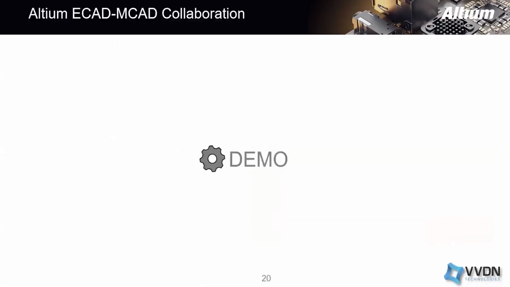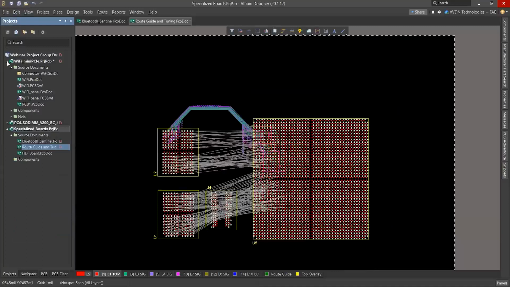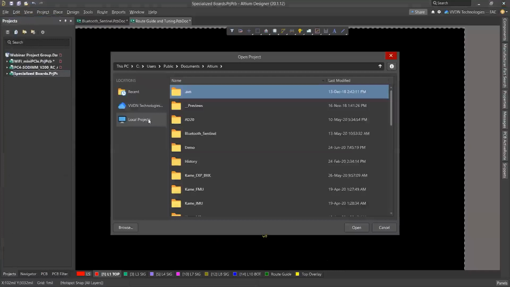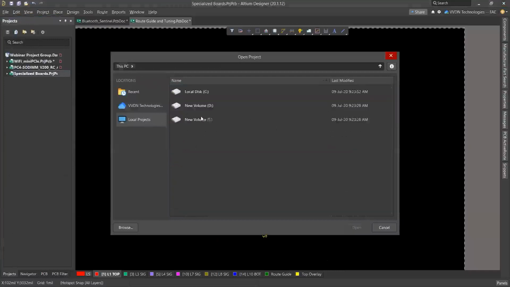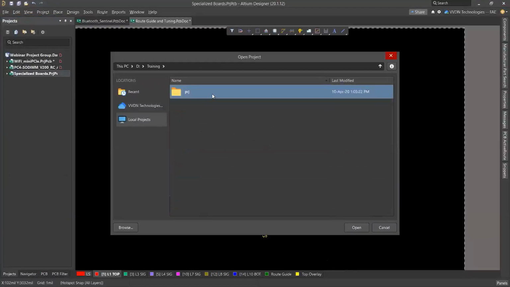Let's move to the demo part. Let me open one project. Here under local projects, I have one project for academic collaboration.